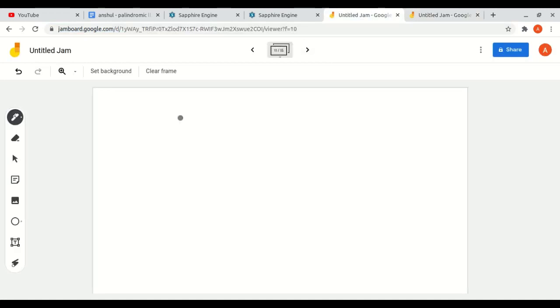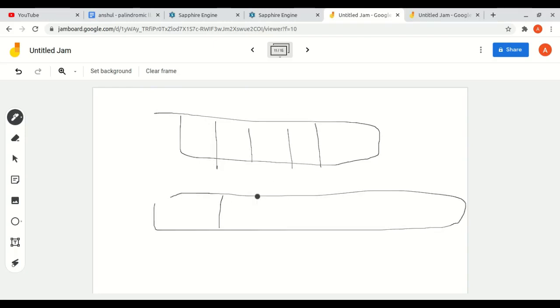For example, this is a linked list of odd numbers, and this is of even numbers. In case of odd, let's see where the fast pointer will point.